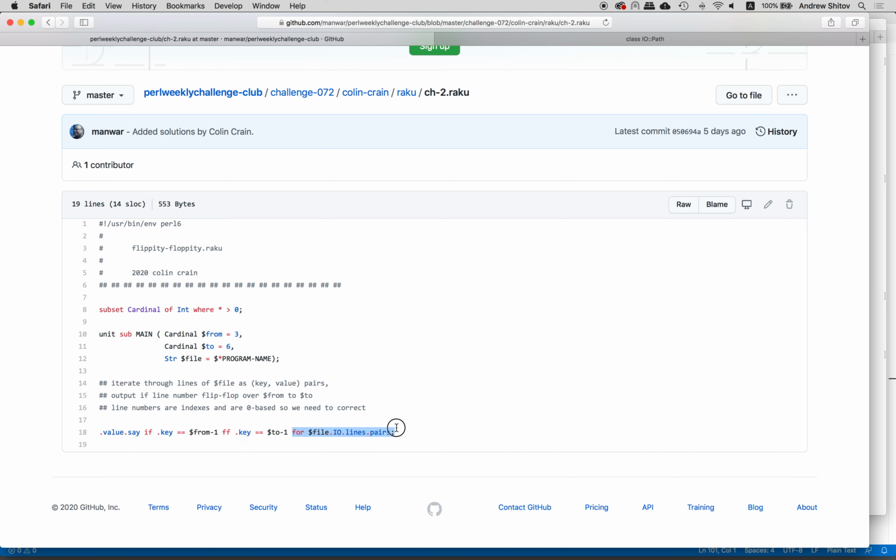So we have to start from the second part. So 4. Okay, file IO lines. We saw this construct, so no questions here. Pairs. So we create all the pairs. So what do we do there? I believe we